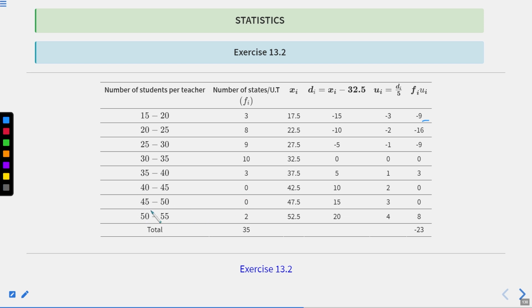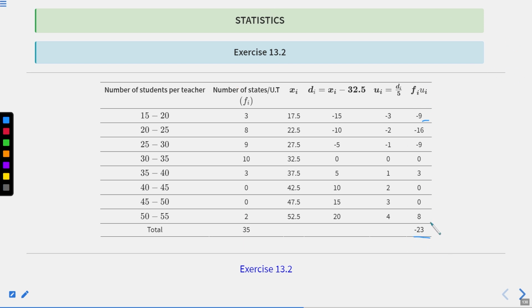And for this class, di is 15, ui is 3, and fi ui is 0. And for this class, di is 20, ui is 4, and fi ui is 8. So now if we take the sum of the number of states, that is summation fi, this is equal to 35, and summation fi ui, this is minus